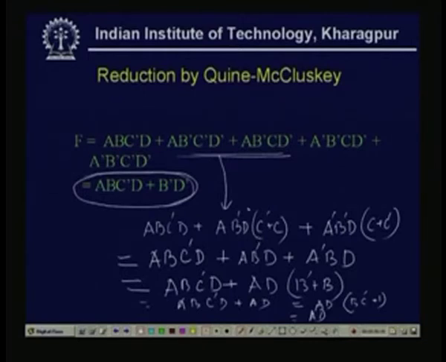There is one mistake here. Actually, here we have taken d as the... here these two terms we have taken a b dash d dash, and similarly here also a dash b dash d dash. Just these are actually complemented, d dash is complemented in all the terms. So,